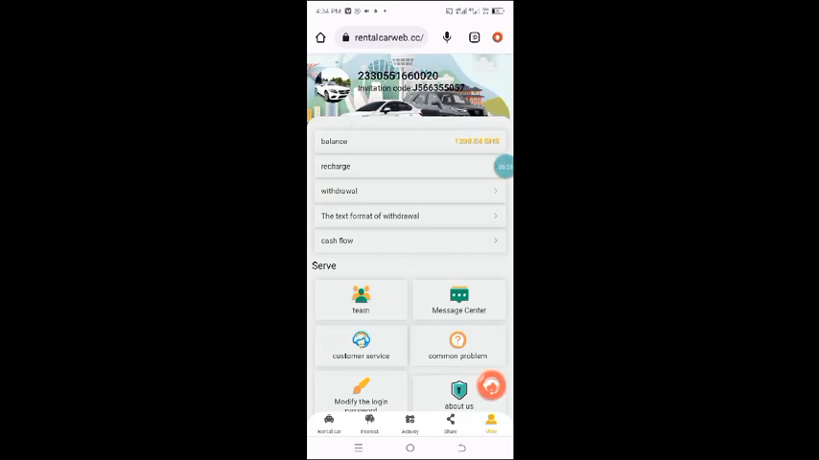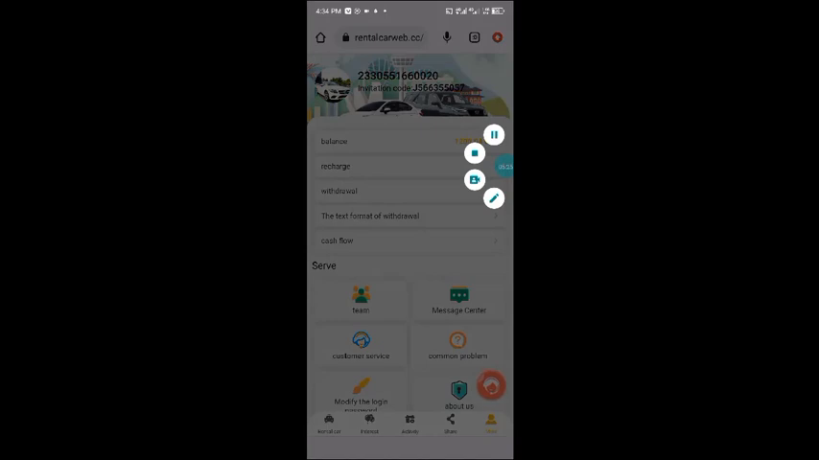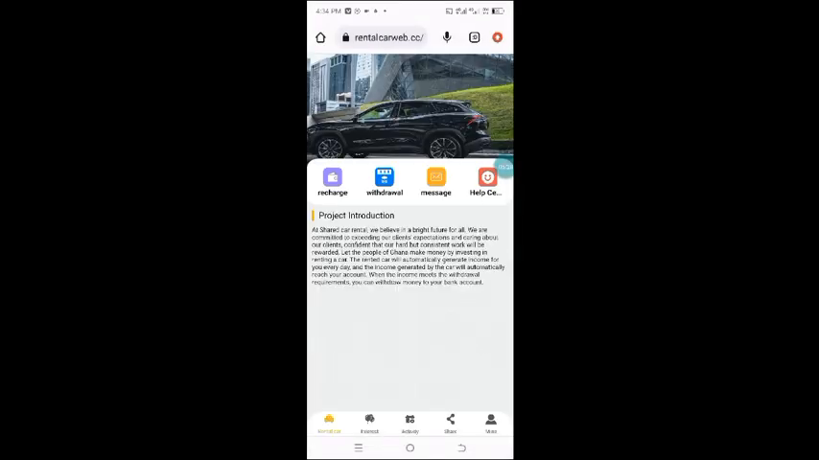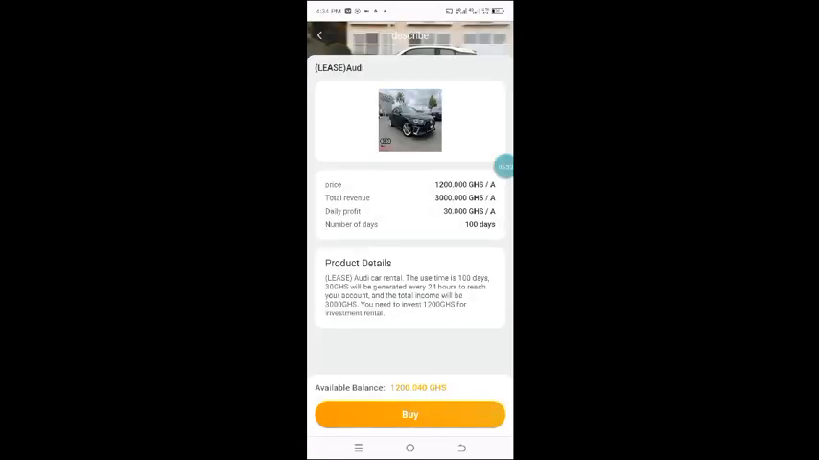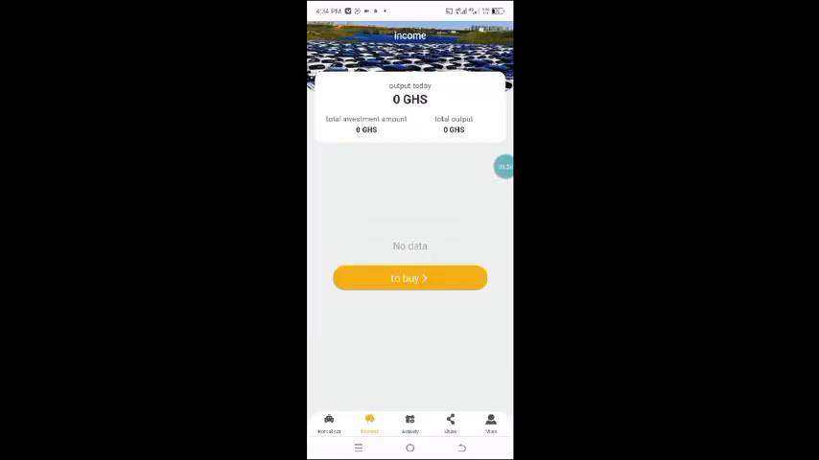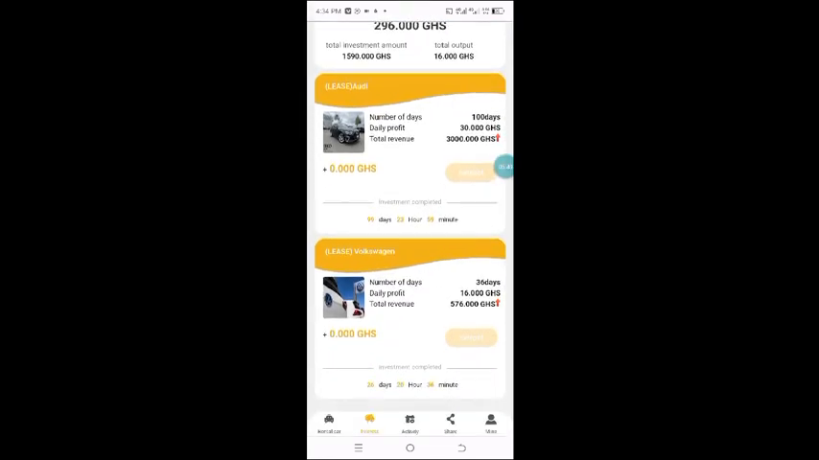Have you seen now that the money has reflected right now? Let me go and proceed for you to see. So you go to the rental car, you click on the invest, and then you click on the buy. Click on the buy. Have you seen it as